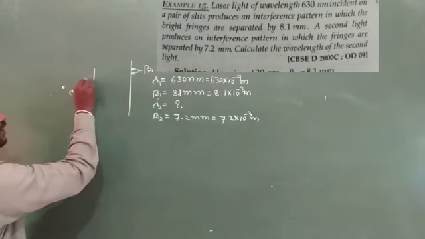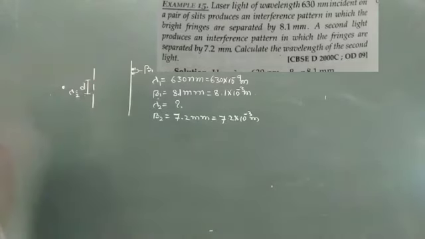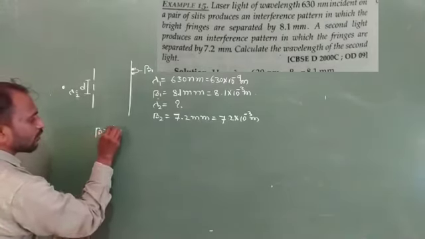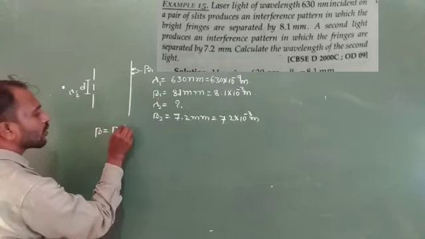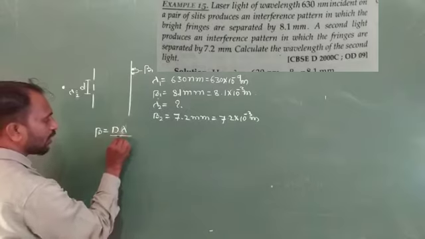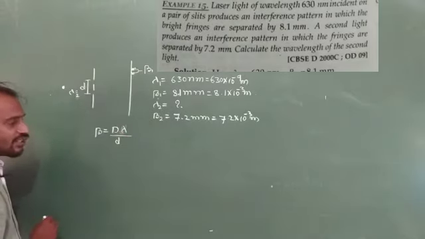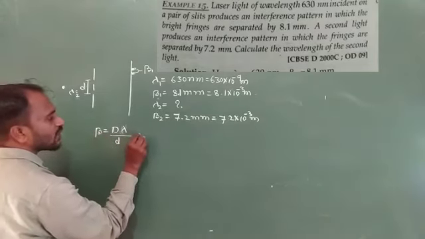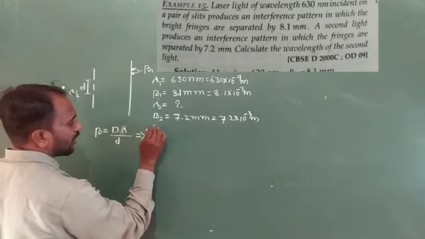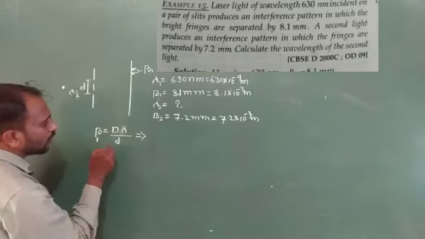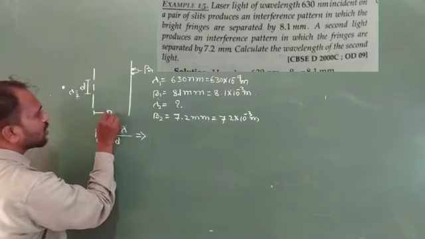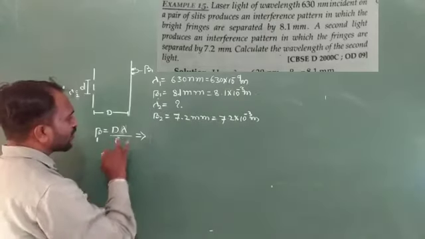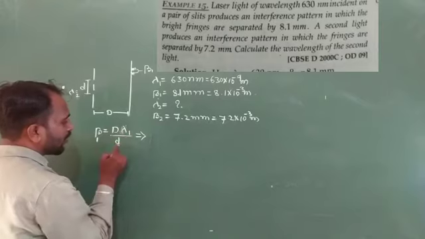It means the distance between these two slits remains the same. So for this reason we consider a formula: fringe width is equal to D into lambda divided by small d. Okay, so this one is the fringe width formula. Here we consider the first fringe width, beta 1. So beta 1 is equal to D, whose value remains the same. It means we cannot change the slit and screen distance. So D remains the same, and lambda 1 divided by small d as it is.